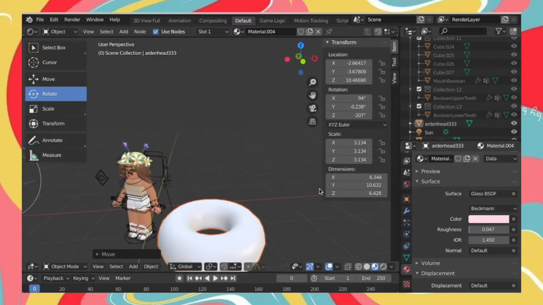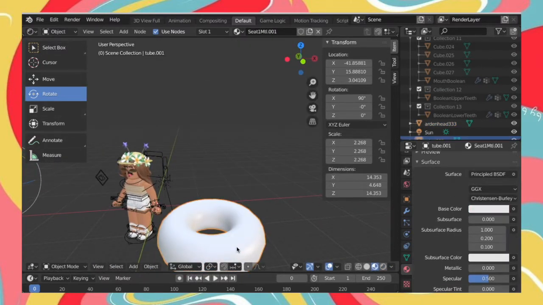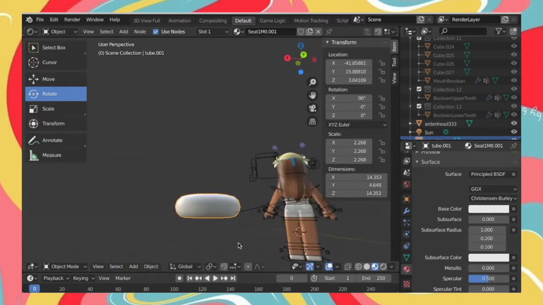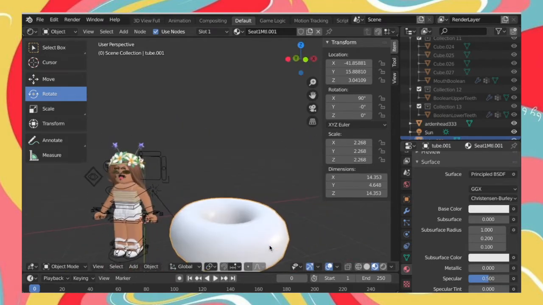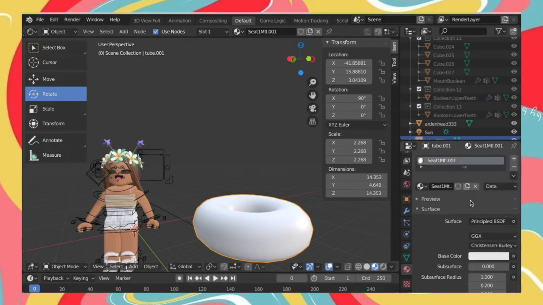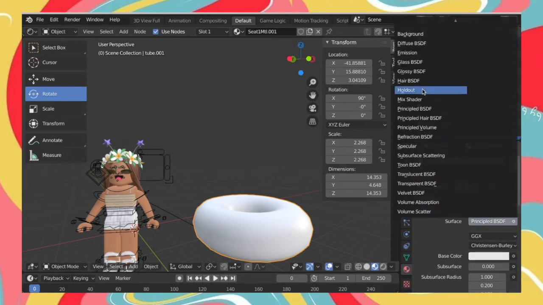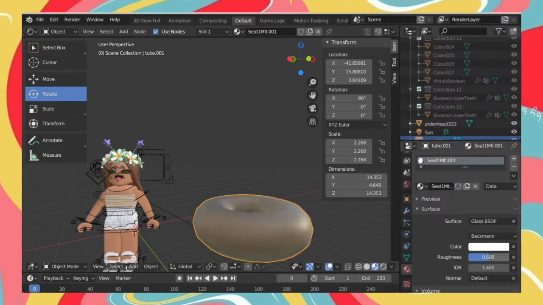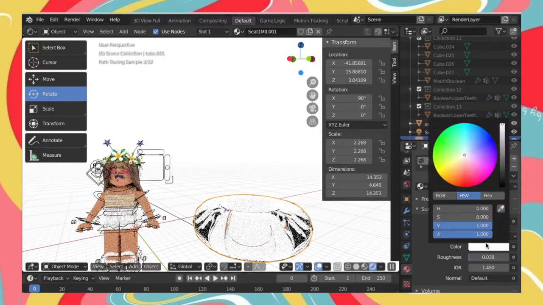So I'm going to show you guys another example of how to use glass for textures. And here is a tube for swimming, and normally some tubes are clear and are really, really pretty. So I'm going to show you guys how to do that. You want to do the same exact thing. Go to that, and go to glass. Put the roughness as much as you want. You go in that mode and put